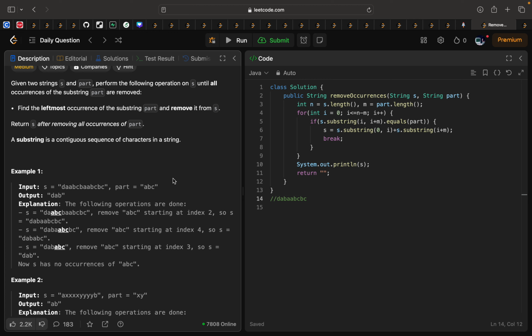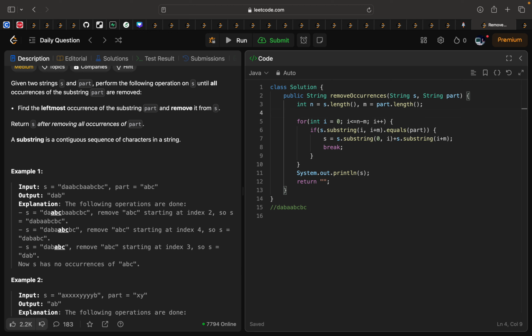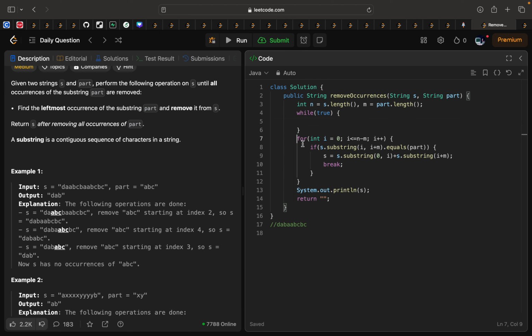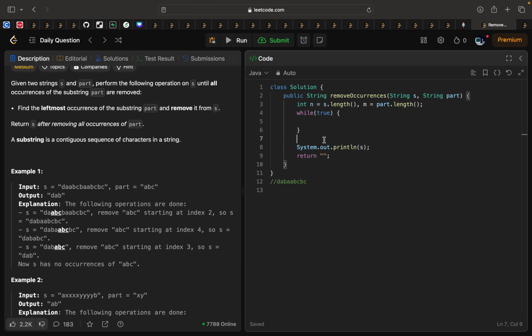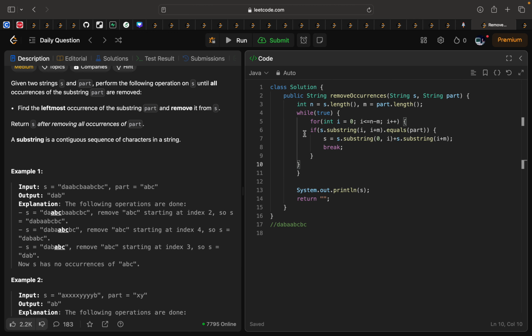So to find all the occurrences, we can run a while loop, while true, and we will run this code as many times until we don't find an occurrence of the part. Until we don't find an occurrence, we will